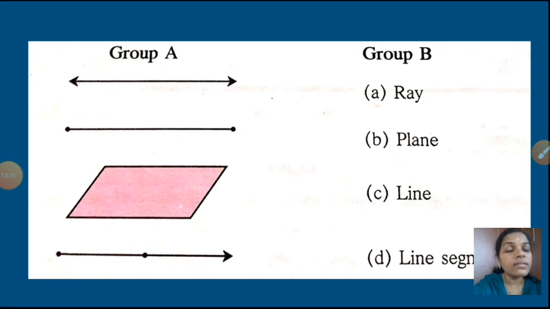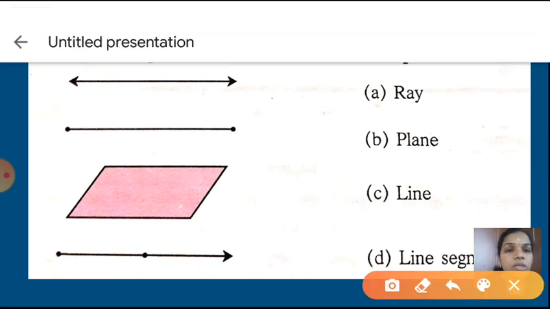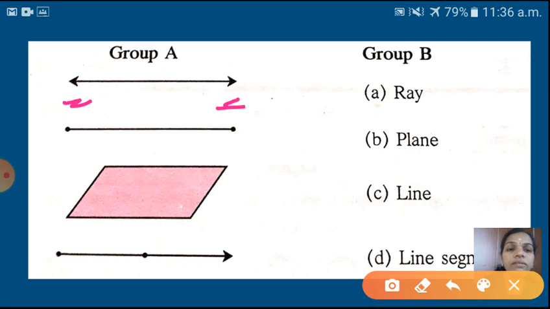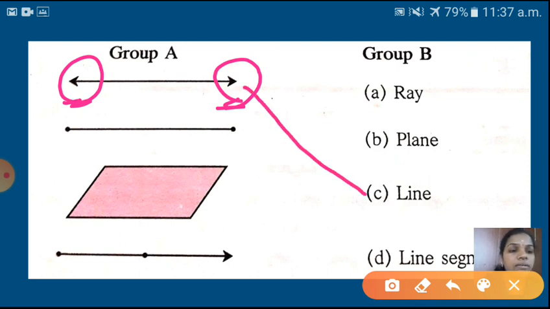Next one is, see here, this is the match the following. You only will give the answer. Okay. So here, first one is, see here, just you have to match here. This one is what? Yes. First one is both sides. This is the line. On both sides you have to see which one is there. Arrowhead is there. So this one is called what? Yes, line. Okay. And the next one, both sides of the line, that is called what? Endpoint. So this one is called what? Ray or plane or line segment. Yes, can you give me the answer? Very good. It is a line segment.